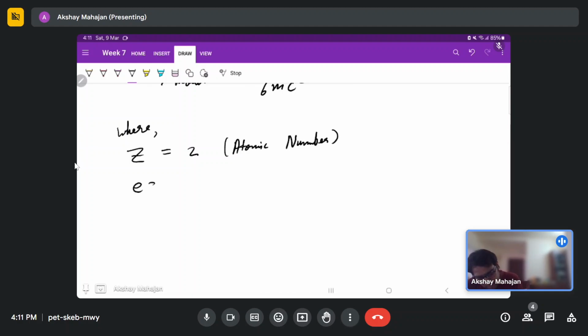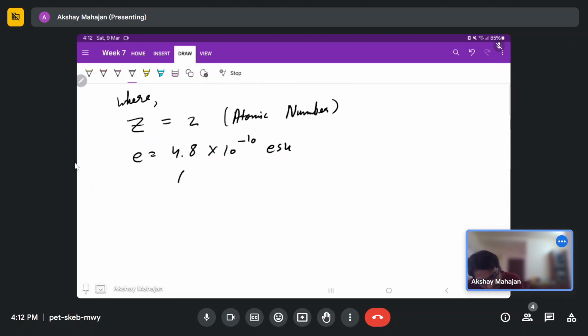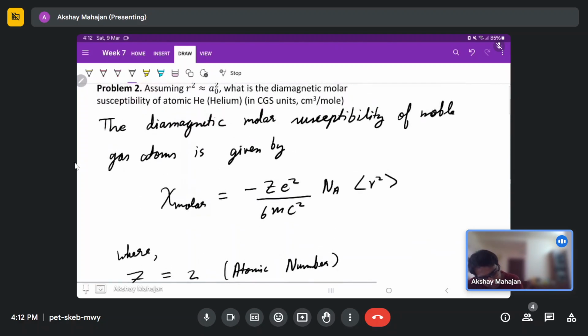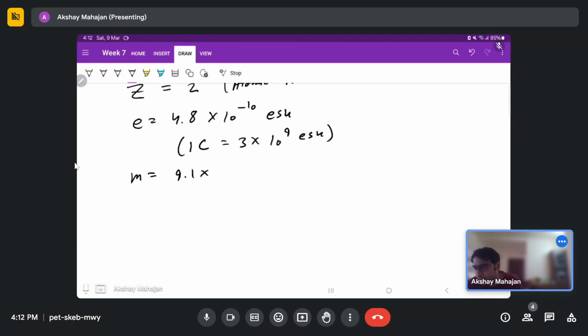Alright, then e is our electronic charge, and it is in CGS unit, so it will be 4.8 × 10^-10 ESU. That is the CGS unit, because our answer is being asked in CGS unit. And here, 1 coulomb, we need to know, is equal to 3 × 10^9 ESU. Then m is the mass of the electron, 9.1 × 10^-27 grams,